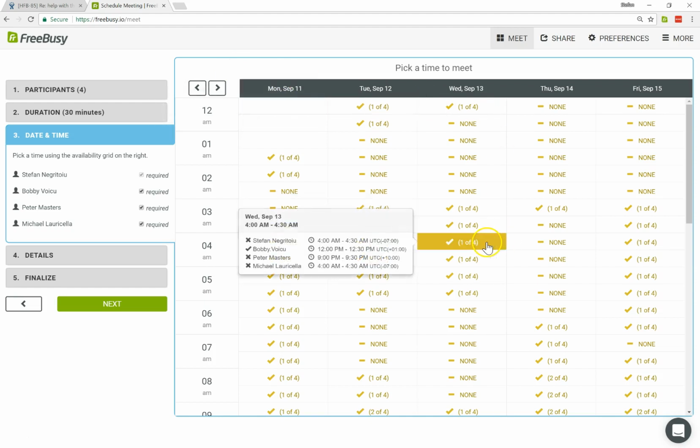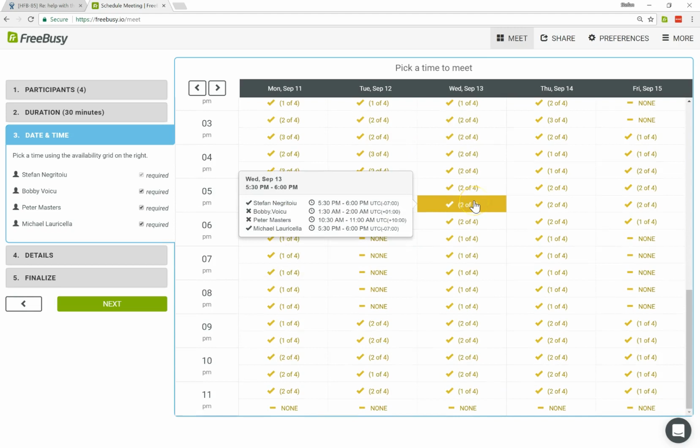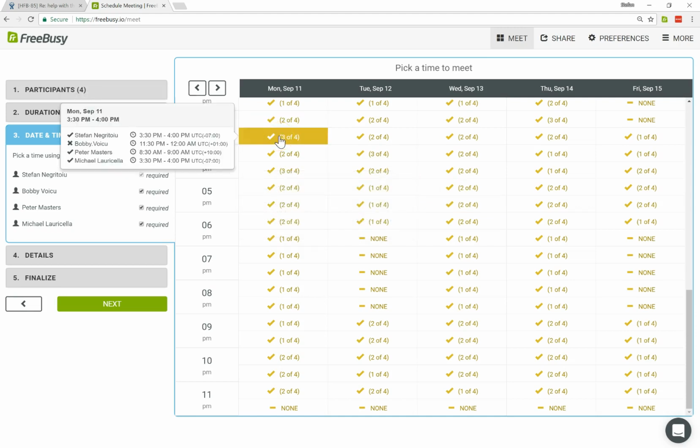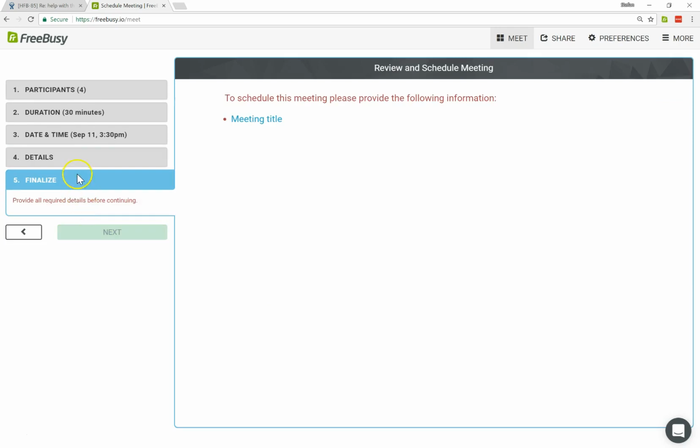So what you see here is that this is a very diverse group of people, and at all sorts of time zones. You can see their time zones in this little pop-up window, and as we can see, it's difficult to find the time. But here's when 3 out of 4 people are available, and then we could pick this time, and then we can continue with the meeting details and then finalize this meeting. But nevertheless, this is our main product, and what I really want to show you is how it integrates with